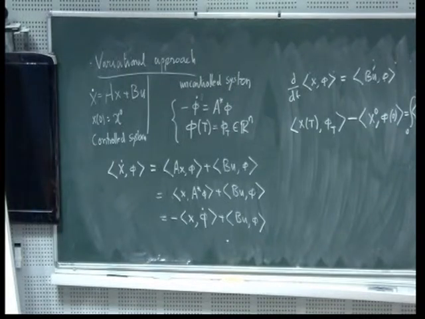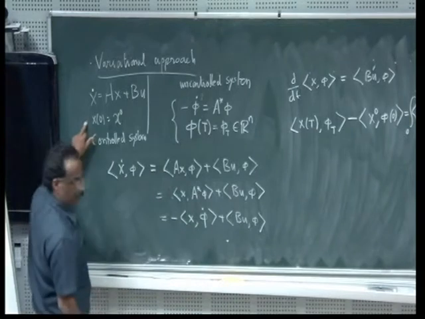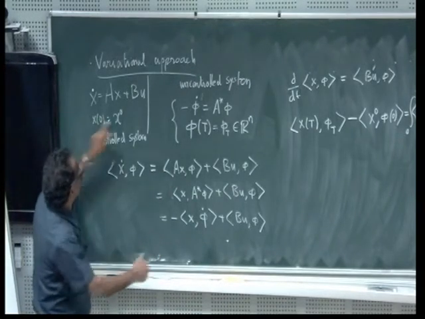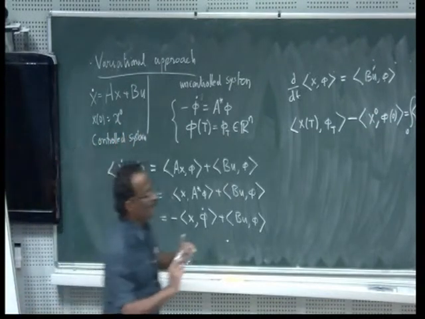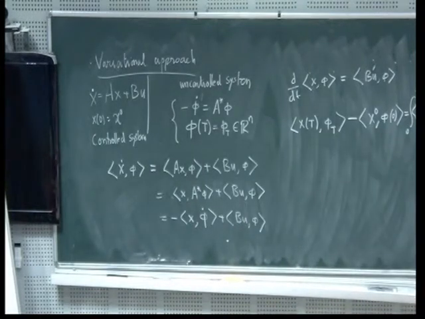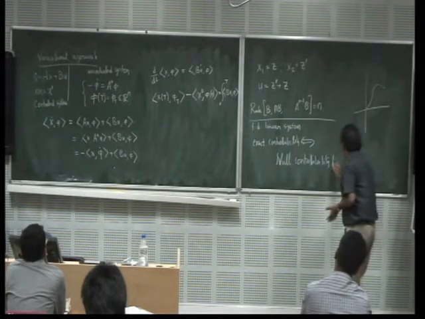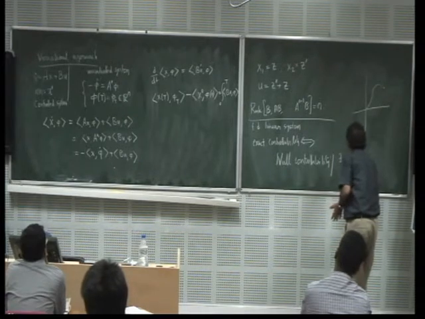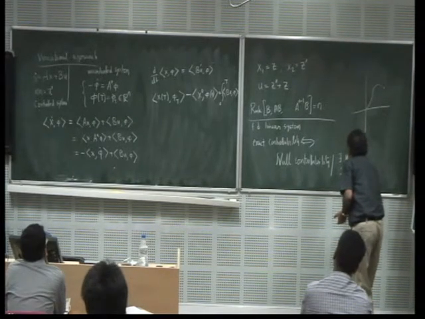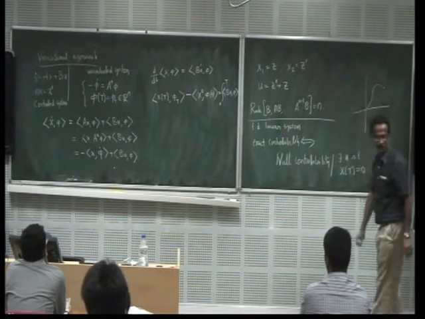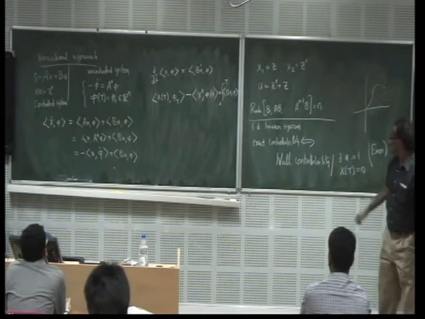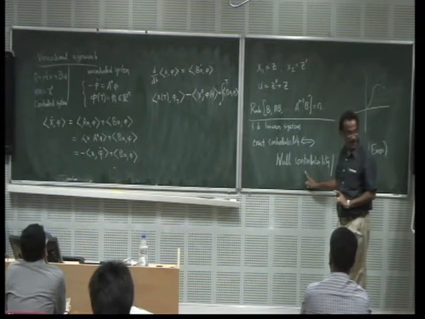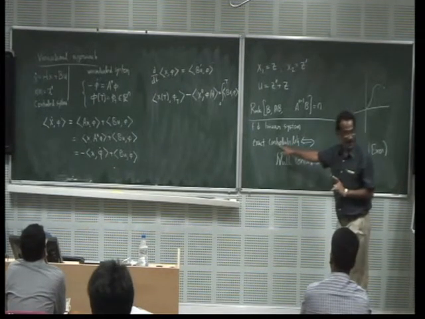Exact controllability tells you that for every x1 endpoint given, you want to find a u such that x at capital T is equal to x1. Null controllability means you want to know whether, starting from any point, you can steer the trajectory to the origin. So null controllability is equivalent to there exists u such that x at T is equal to 0. This is a very easy exercise if you want. Of course, exact controllability implies null controllability, but the converse is actually